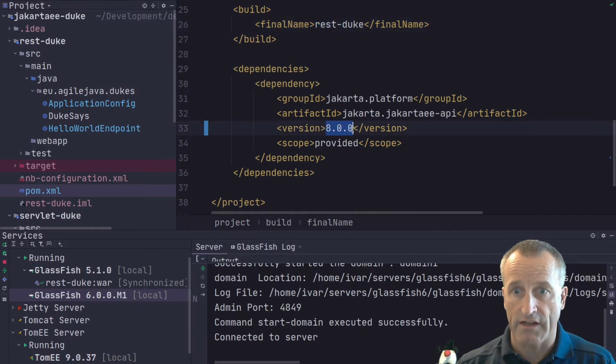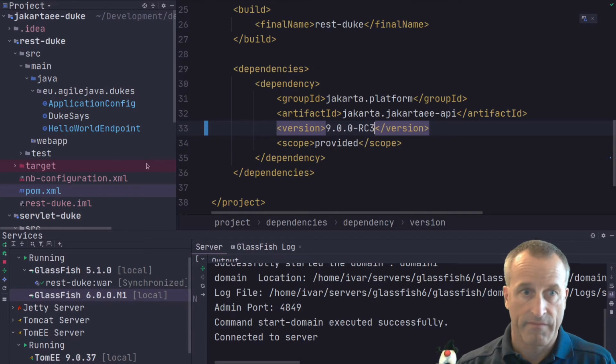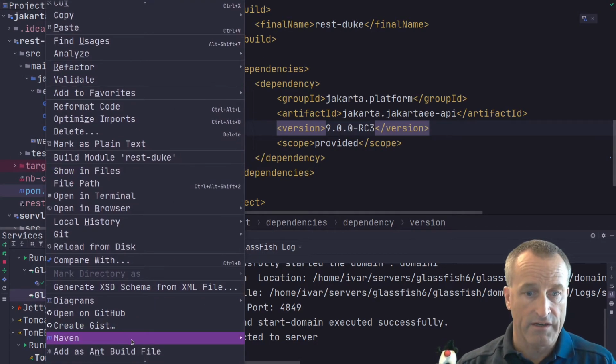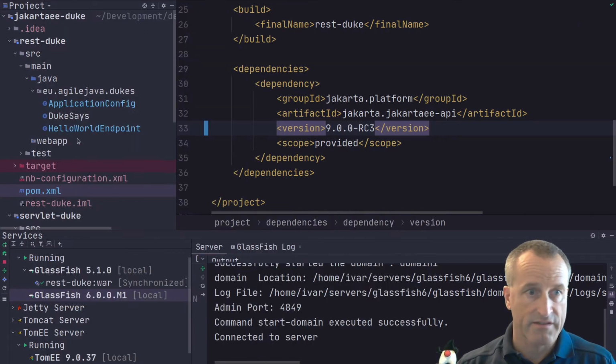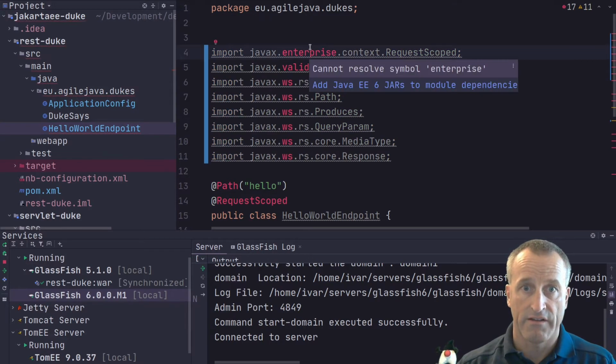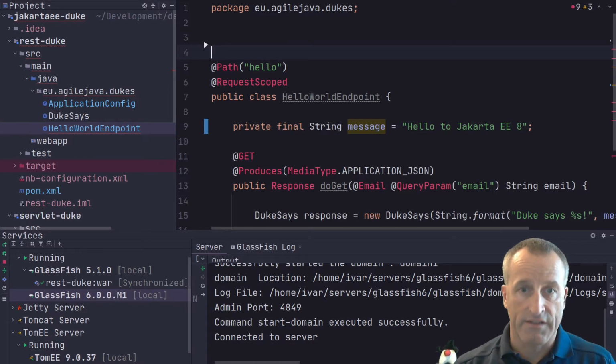So let's change this one and use the release candidate 3. I'm updating this, then reload the project to get the dependencies right. Then I'll go into my application, and you can see now it doesn't compile because the Javax namespace isn't supported anymore.